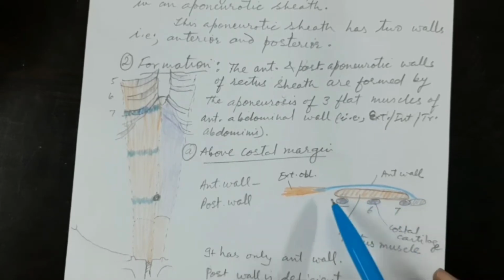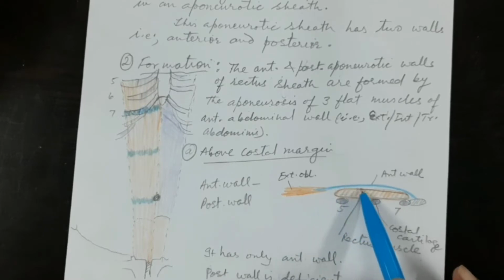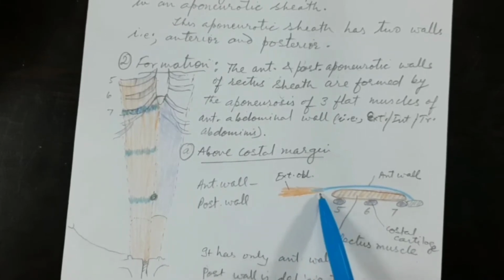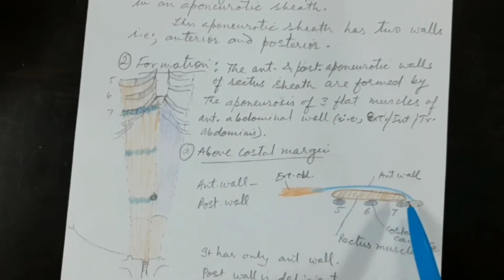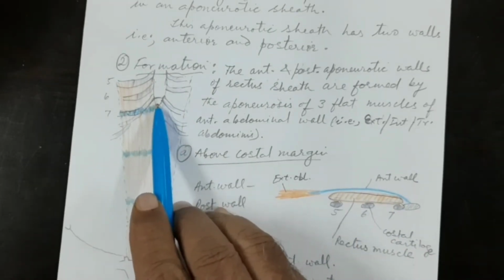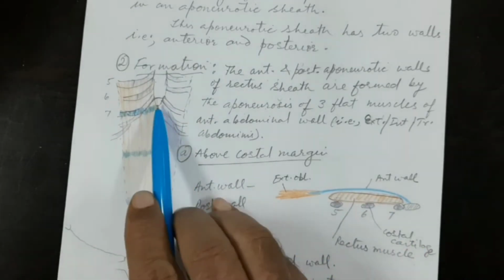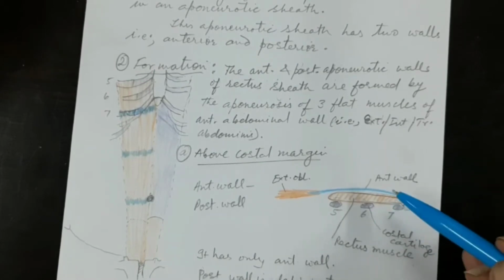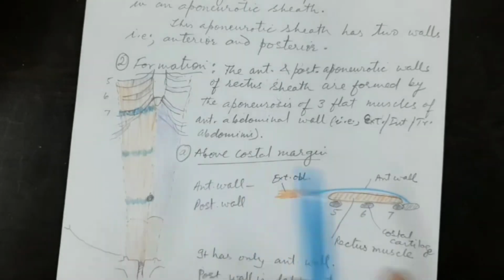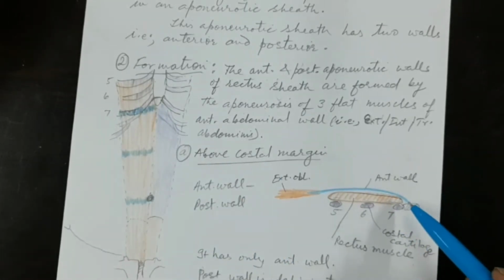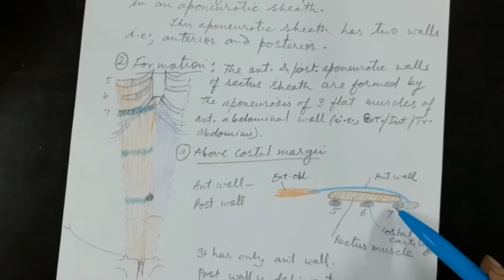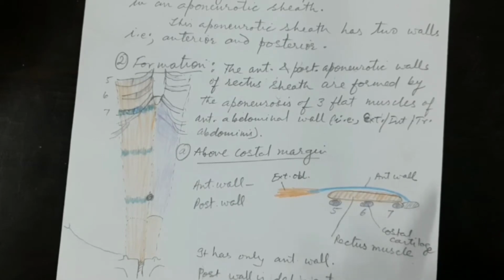Then the anterior wall, as I said, is formed by the aponeurosis of the external oblique abdominis muscle. These muscle fibers become aponeurotic, and this thin flat tendon of insertion will go and get attached onto the xiphoid process, or onto the costal cartilage. In the midline, it will attach to the tip of the xiphoid process. So the anterior wall is formed by the external oblique, and posteriorly the rectus muscle is directly lying onto the costal cartilages.